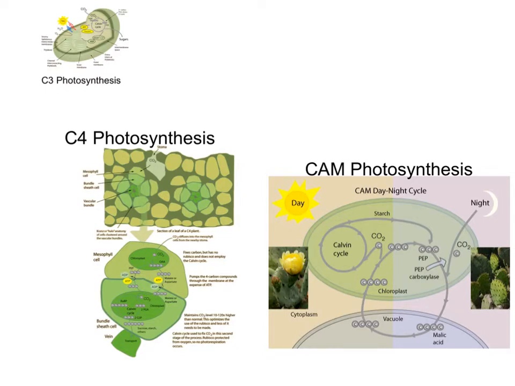Okay, we've covered C3 photosynthesis and all its different parts. Now let's look at C4 and CAM photosynthesis. In C3 and C4 photosynthesis, the plants have evolved to try to deal with the problem of photorespiration. And the key is that the plants want to do photosynthesis, use these chloroplasts, in the proper